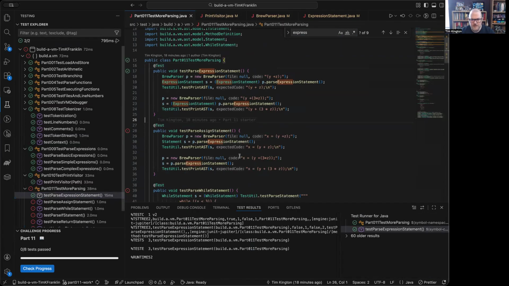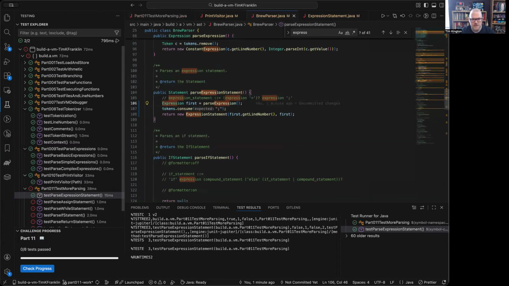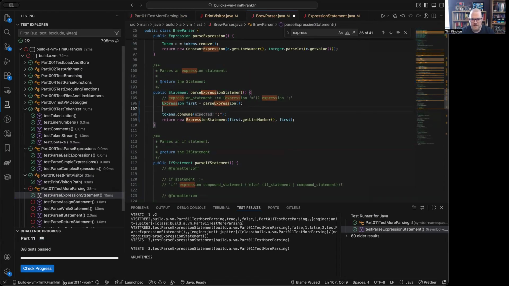Okay, now we need the assigned statement. So this is going to be our other flavor of expression statement. Of course, all of these things that we're building right now are going to get more complicated as we go forward. This first pass is a very simplified version of the parser. All right, so let's go back to parse expression statement. So really here, we need to check if the next token is an equal sign, right? So if